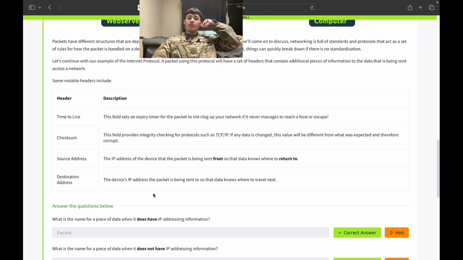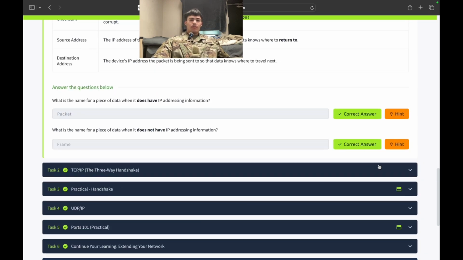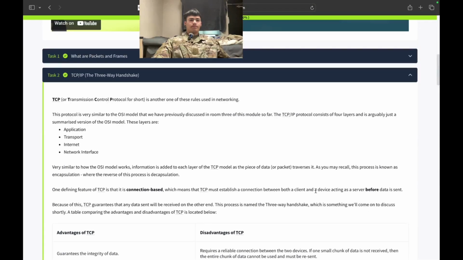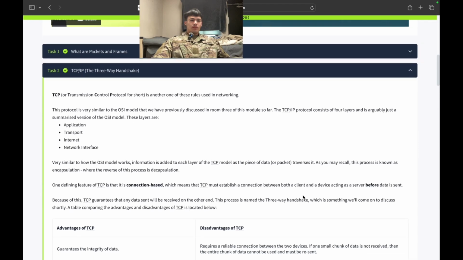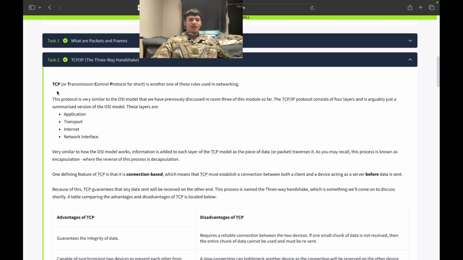What is the name of a piece of data when it does have IP addressing information? A packet. What is the name of a piece of data when it does not have IP address information? It's a frame, right? Too easy. Let me see what I'm looking at here. Okay, pretty much what I just said. Making sure. I saw the three-way handshake and I thought this was trying to say no. It's just saying. Anywho,